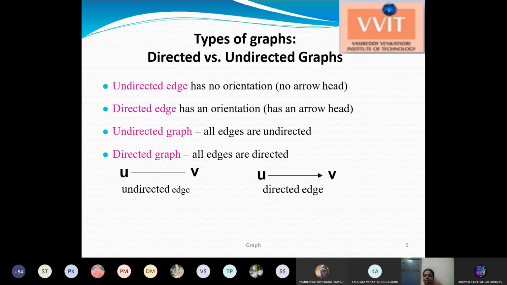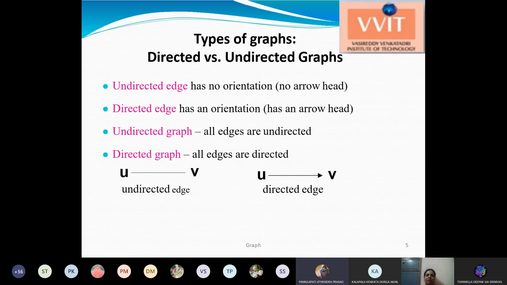All the edges must have directions, then only it forms a directed graph. If some lines are given directions and some lines are without directions, that is not allowed. All the edges of the graph must have a direction, then only it is called a directed graph. And an undirected graph is a graph without any direction on the edges. There is no particular direction on the edge, then it is called an undirected graph.